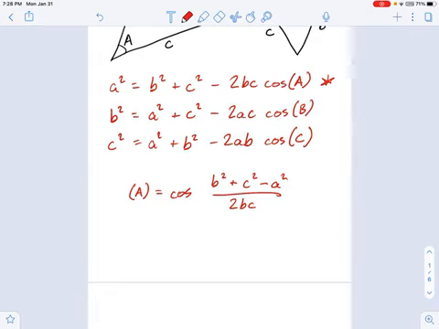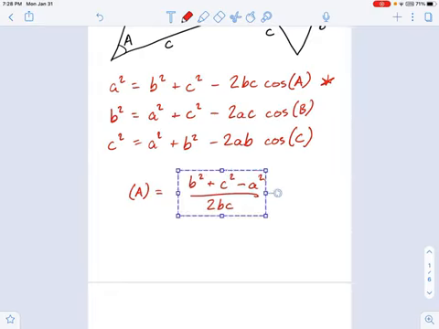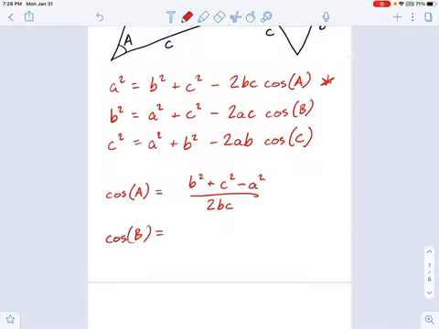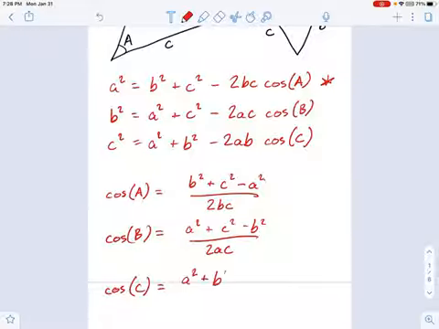But let's just leave it in this form because it's a little prettier to just talk about cosine A. Don't have any of those inverse signs and brackets and all that. So likewise, I can write other forms of this where cosine B equals a squared plus c squared minus b squared, and I hope you'll see the patterns here, over 2ac. And then the last one is cosine angle C equals a squared plus b squared minus side c squared over 2ab.